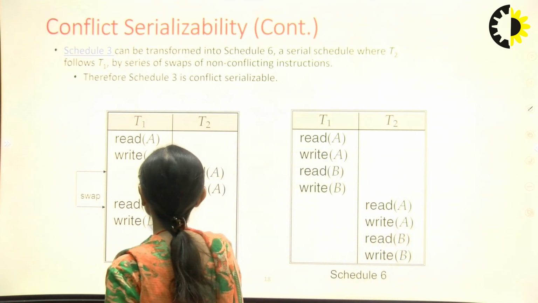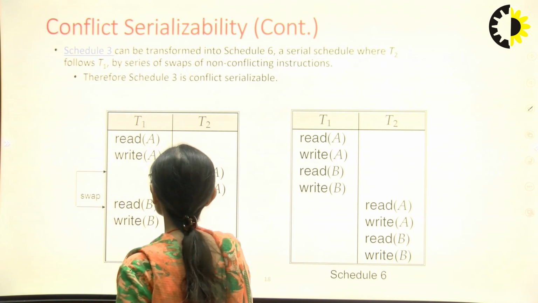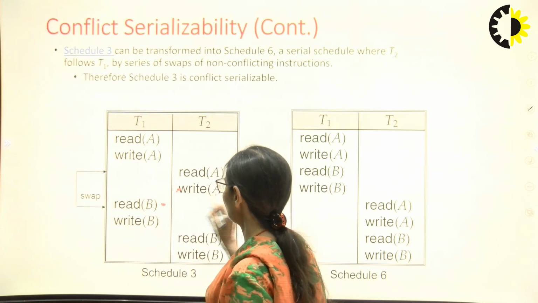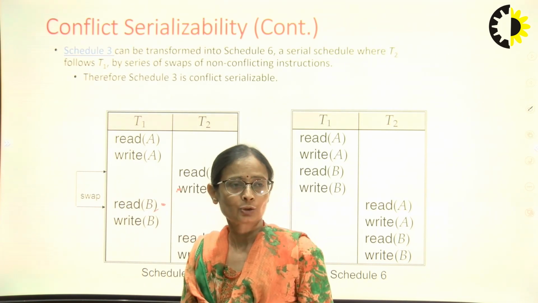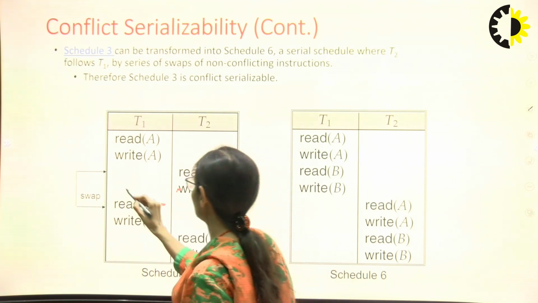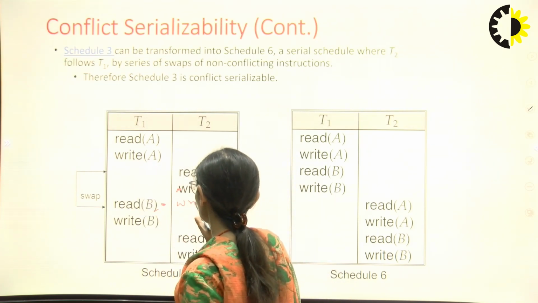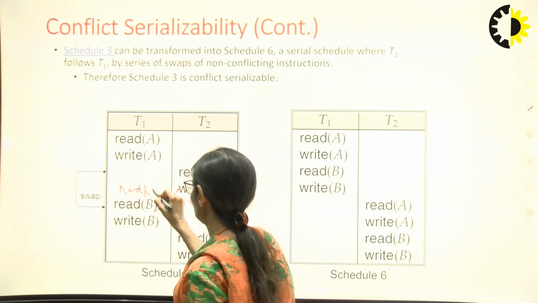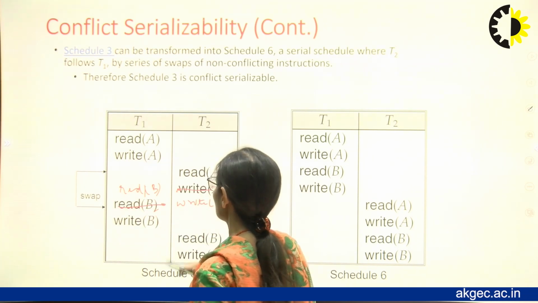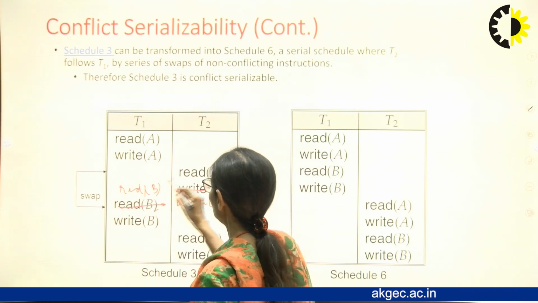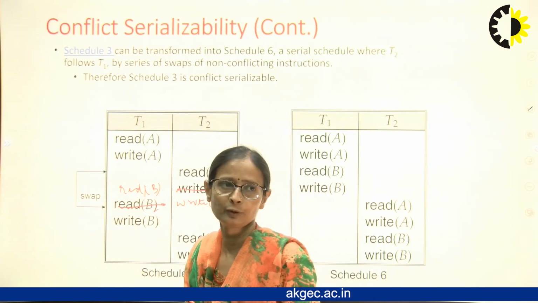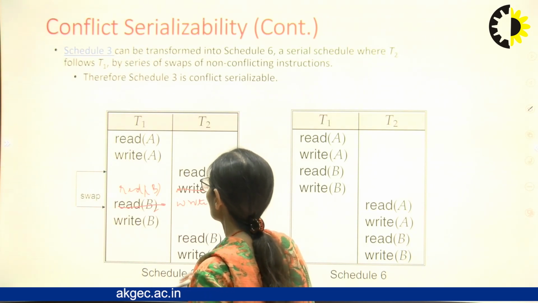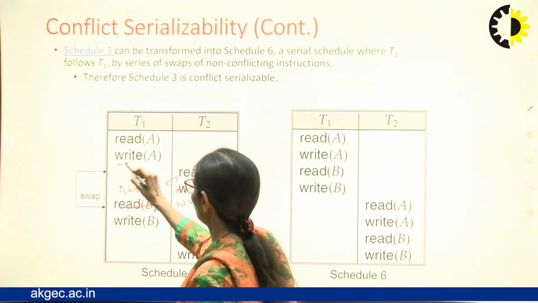So what happens if we swap? How can we swap? First do the swapping between these two. This is data item A, this is data item B. So both are non-conflicting, so we can swap. That is, we can write here write A and we can write here read B. Similarly, with read B and read A, both are different items. Moreover, both are read operations. So again, non-conflicting from both aspects. So we can swap these. We can bring read B here